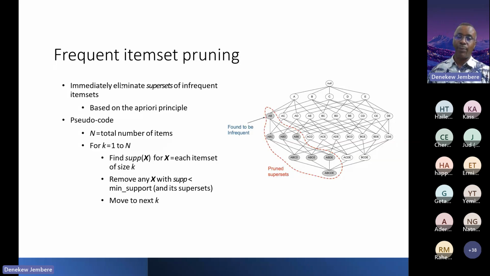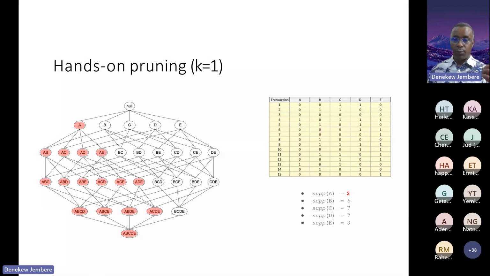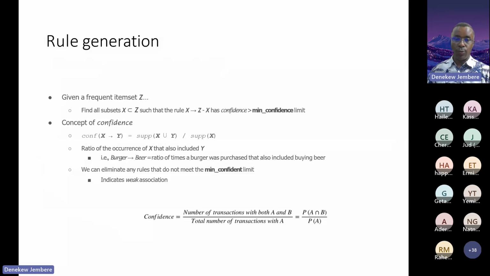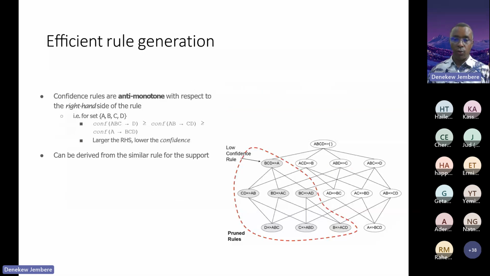Then we apply a mechanism to cut some of the scenarios, some of the rules, so that we can have a manageable and applicable number of rules at the end that we can deal with. And pruning, I suggest you read in the association rule part, and I will go to